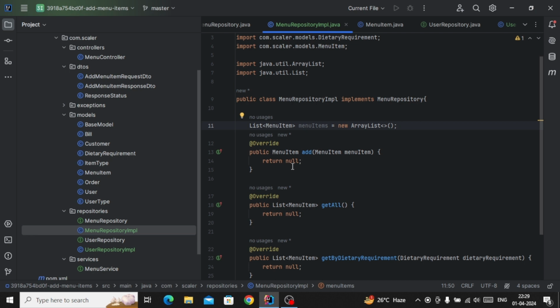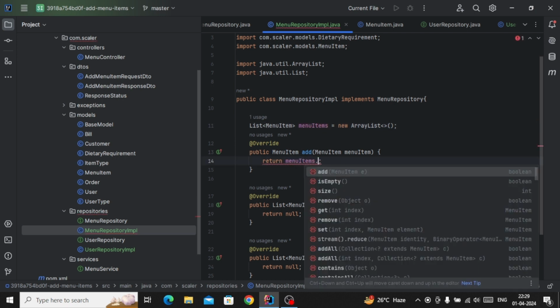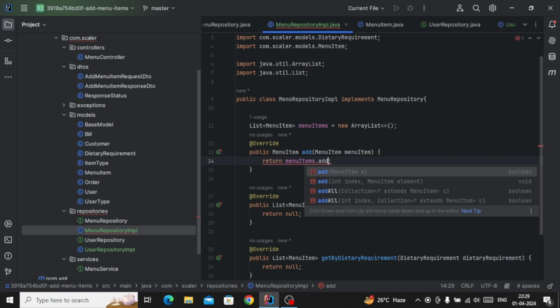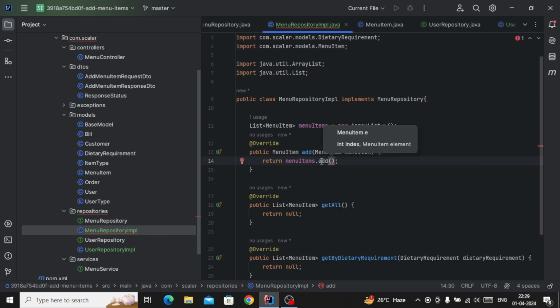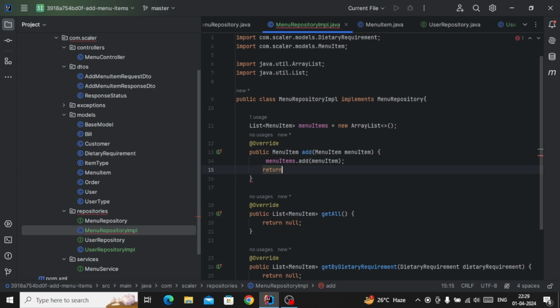In the collection we have to add the menu. So we already have a menu, we just have to simply add. So we will copy and paste it here. Dot add is a method which will allow us to add the item inside of the ArrayList. So now this first class is completed, and it is not returning anything. So we just simply write it like this, and in the second we keep return, and the same menu item we will write down.